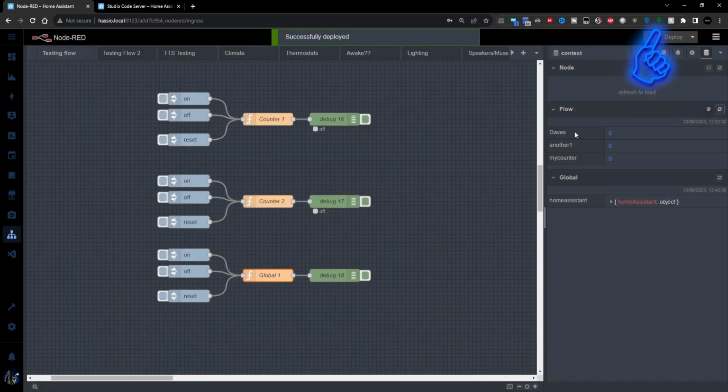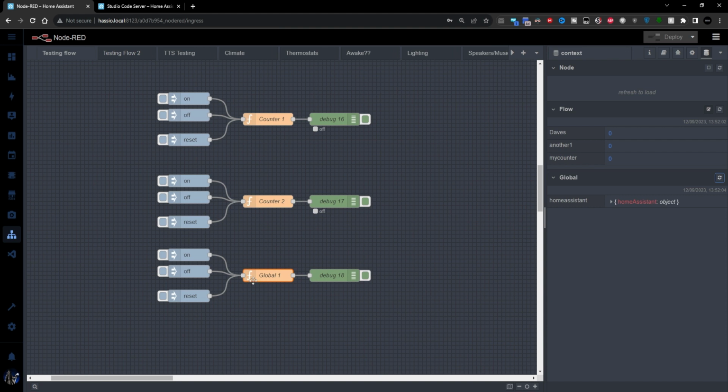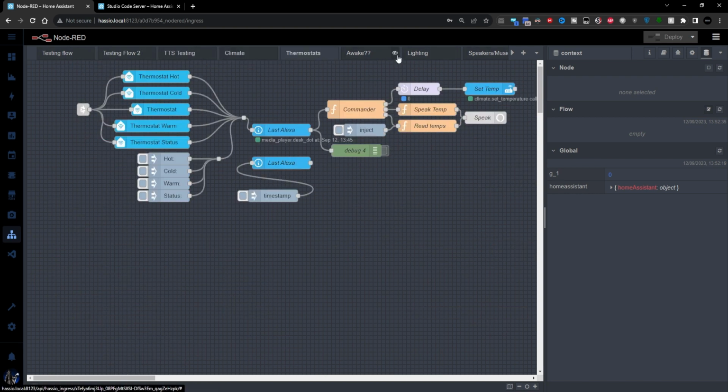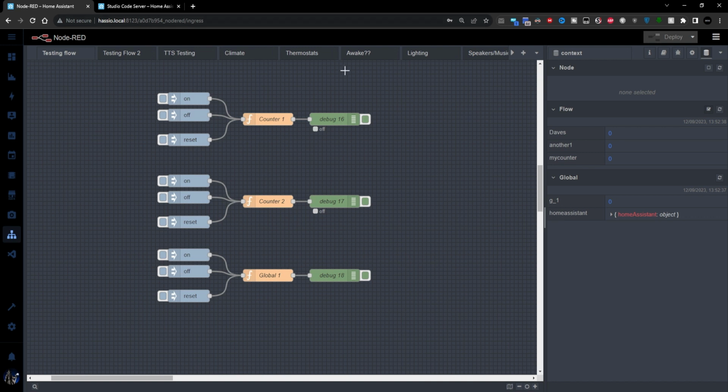So now if we look at here, we've added nothing here, we've added nothing there, because we haven't triggered this yet. And I'm going to trigger this one with an off to start with. It's just not going to add anything to the counter, but it will make the variable. So again, we look at the flow, we refresh that. G1 hasn't been made there, but if I refresh the global, we can see that G1 variable has been made there instead. And it's got a 0 because I didn't give it an on, so it hasn't incremented that. But if we look on another flow, we can see that G1 is available to this flow as well. In fact, it's available to any of my flows. So you can use that to pick out the variable from any one of your flows and not just restrict it, as these first two did, to this single flow. It's as simple as that.